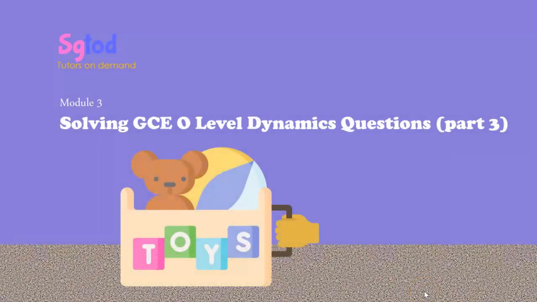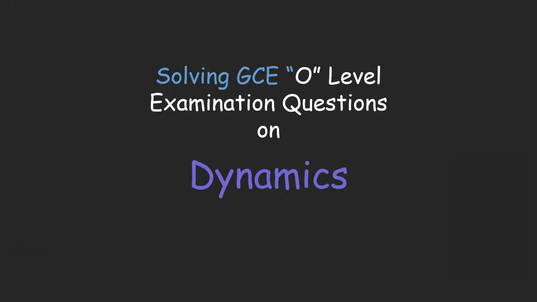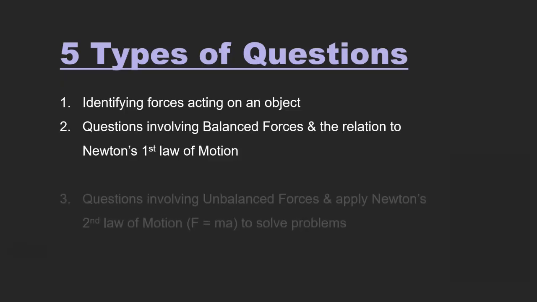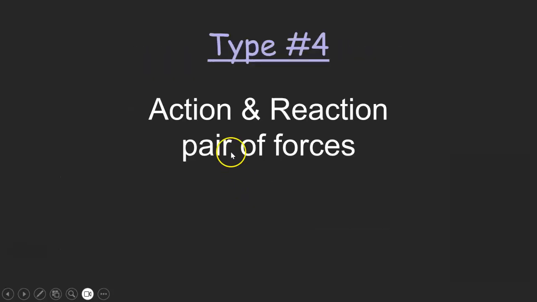This is our third lesson of Dynamics Module 3, where we learn how to solve GCE O-level examination questions. In our first lesson of this module, I've mentioned that there are 5 types of commonly asked examination questions. We have already covered the first 3 types, so in this lesson, we will cover questions involving action and reaction